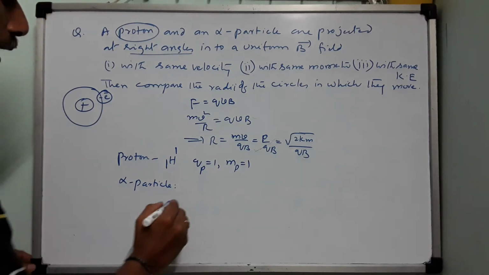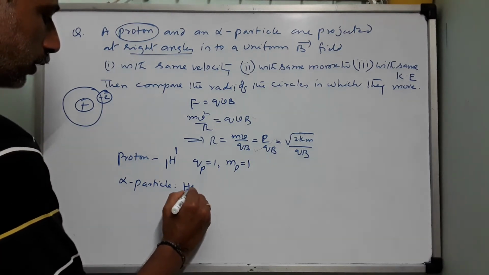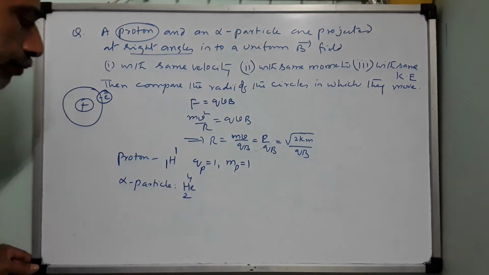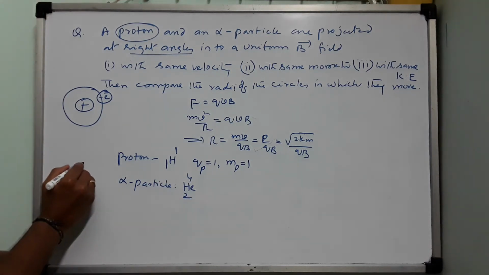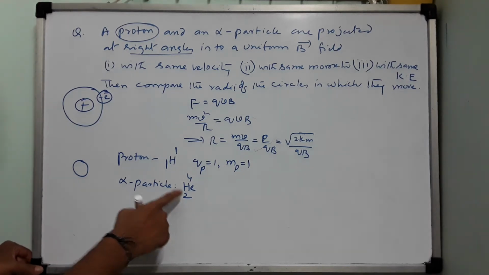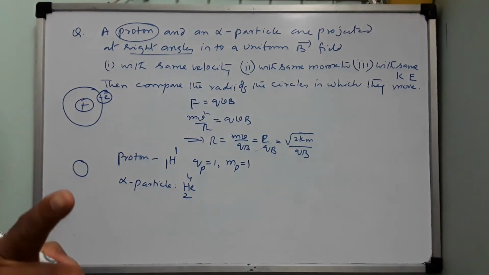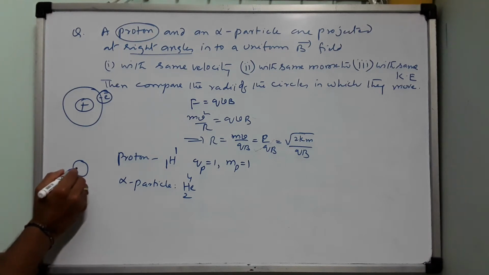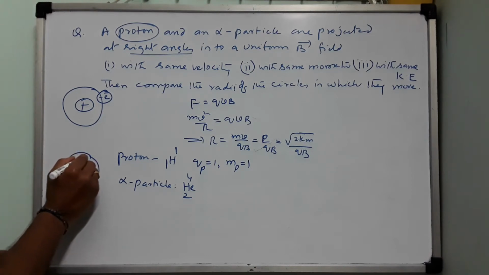This is a doubly ionized helium nucleus, helium-2, 4. Okay, this is the nucleus of helium. What is this 2? Charge number. What does it indicate? It indicates the number of protons. So therefore, there are 2 protons here plus 2 neutrons inside, and around this there are electrons